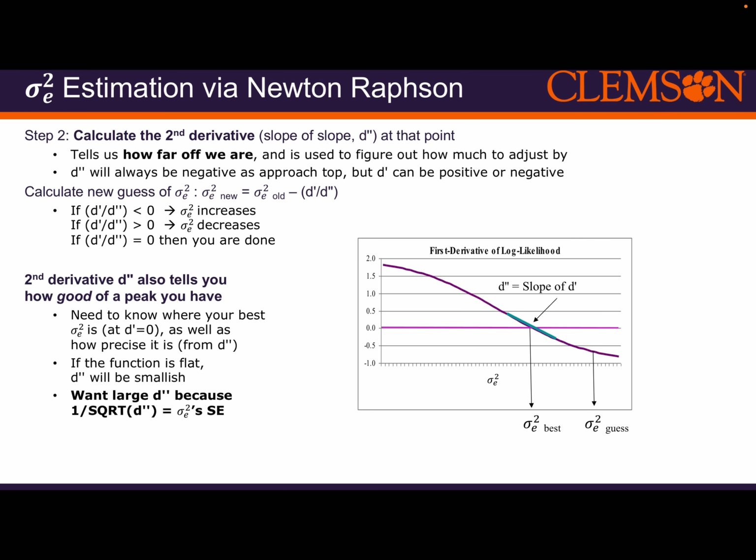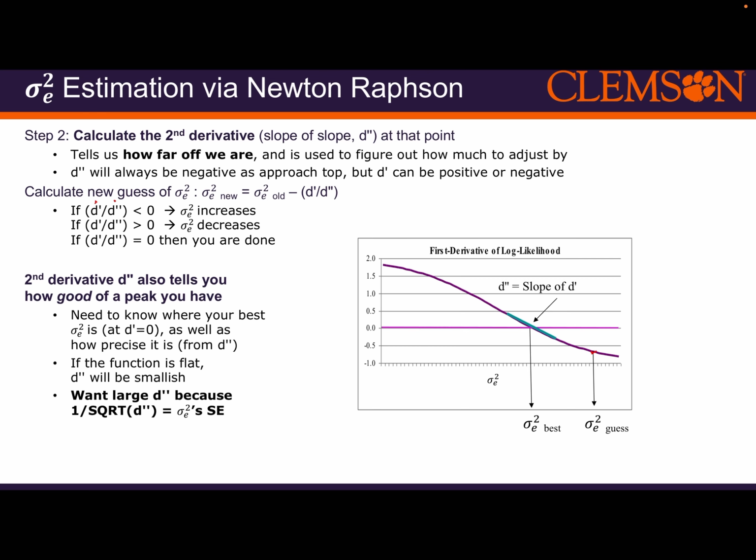This is how it works. So what it first does is take where we're at with our guess, right? And then we calculate the second derivative, right? And we use it to tell us how far off we are and to figure out how much to adjust by, right? So this second derivative will always be negative as we approach the top, but the first derivative can be positive or negative, right? So what we can show here is if the ratio of the first derivative to the second derivative is less